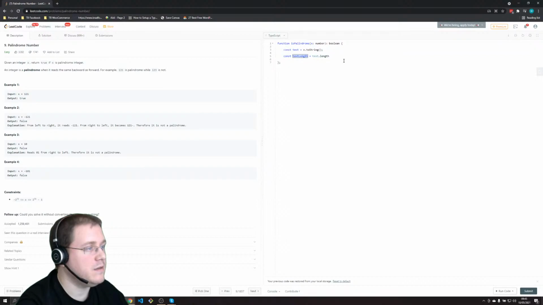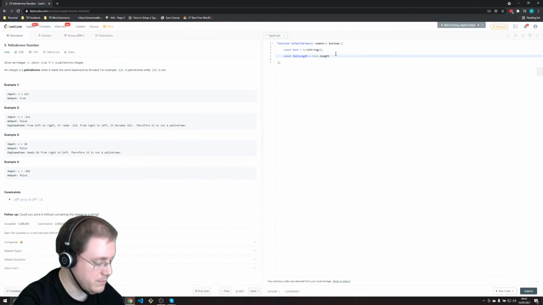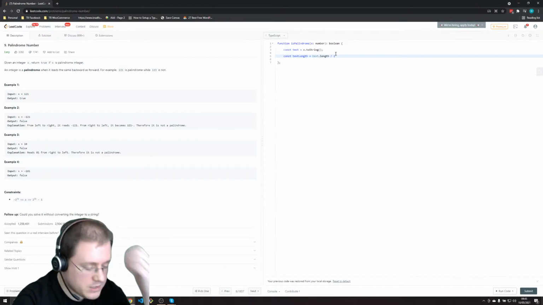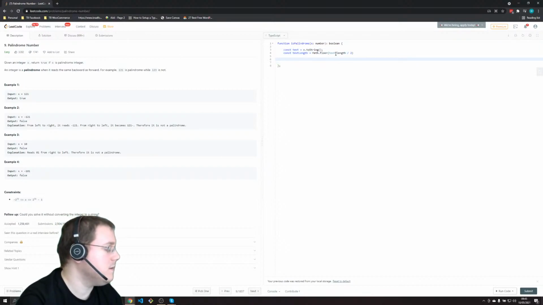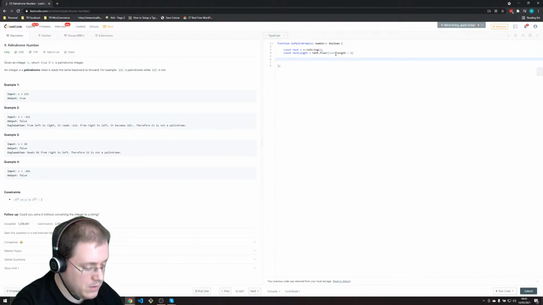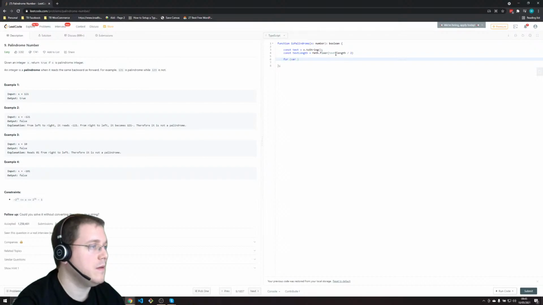So we only need the length divided by 2, and that's possibly going to be a decimal if it's an odd number, so we need to sort that out, and we can do that with Math.floor to round down essentially. So we'll just keep that called text length, that's fine. And now we can do a loop. We can just go i equals 0